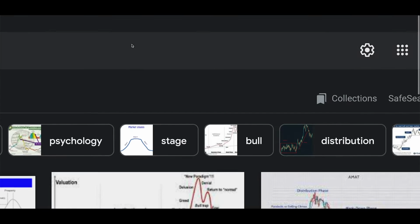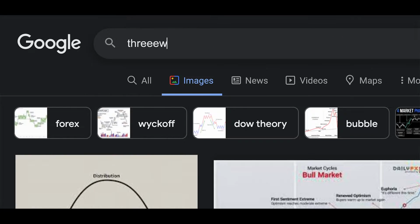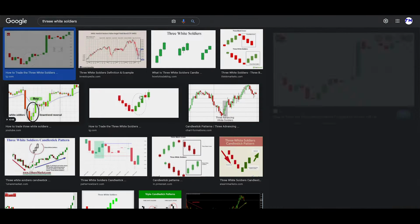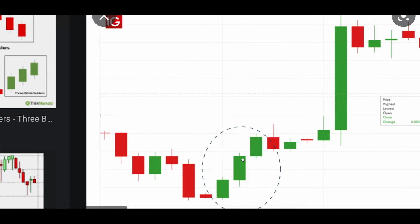Let's do a Google for these three white soldiers. Okay, I'm going to write three white soldiers, and I'm going to show you this picture. Okay, this image right here. You have the three white soldiers. The next candle can be red, it can be green, whatever, but the outlook is that it's